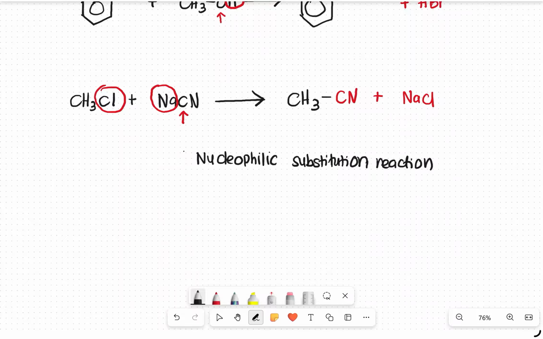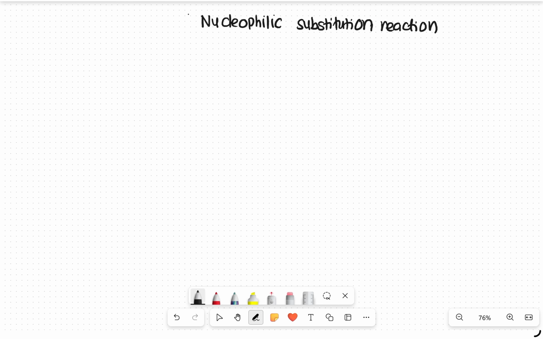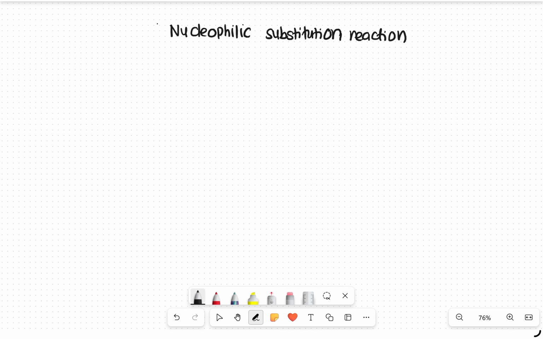This arrow is just to indicate which one will attach to the alkyl. It's not an arrow for mechanism. This one is just to label. Okay, so now nucleophilic substitution reaction, there are two types of reaction under this reaction, which we call